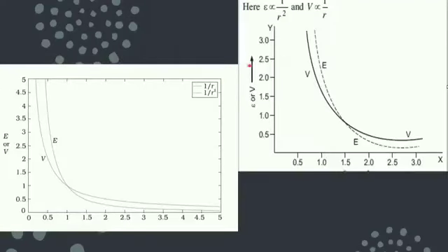If you want to draw the graph showing the potential and electric field with distance, you have studied that electric field is inversely proportional to R square, but here you have seen potential is inversely proportional to R. And moreover, you have to understand that your potential does not depend upon the direction, because it is equal to work done, and work done is a scalar quantity. So electrostatic potential is also a scalar quantity, while the field is a vector quantity.